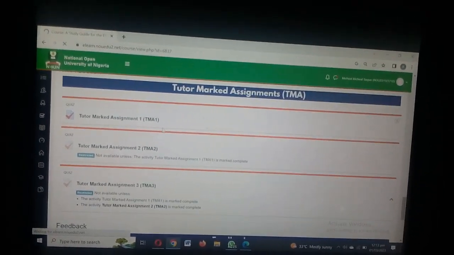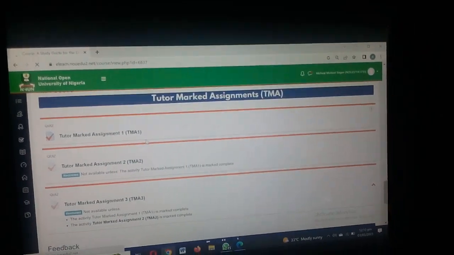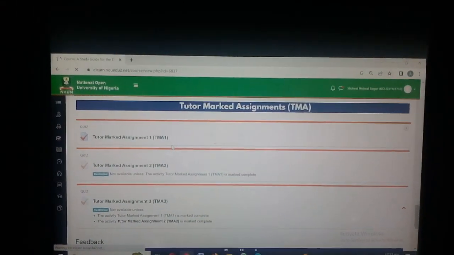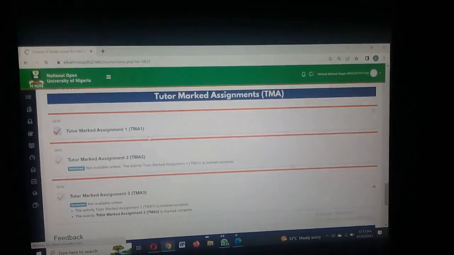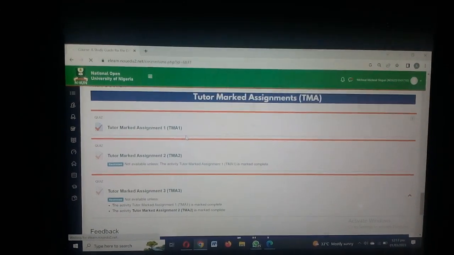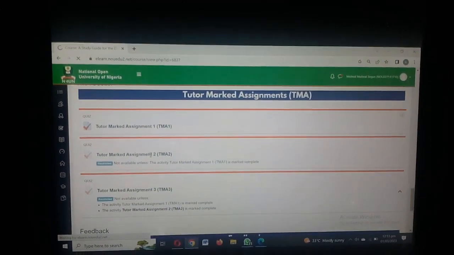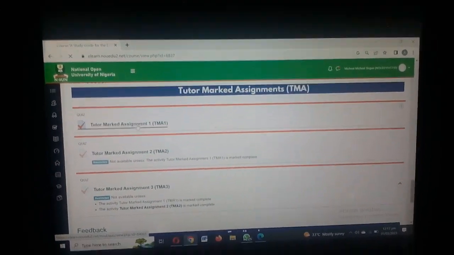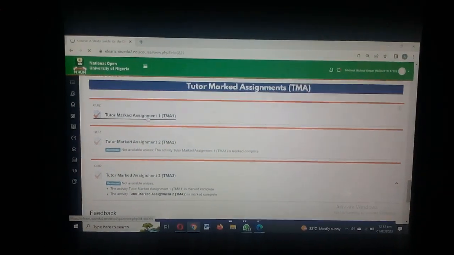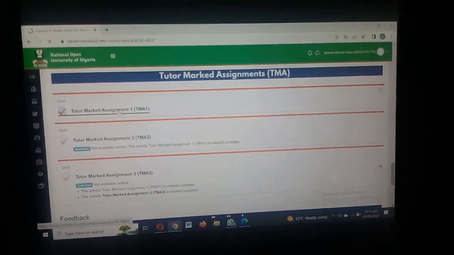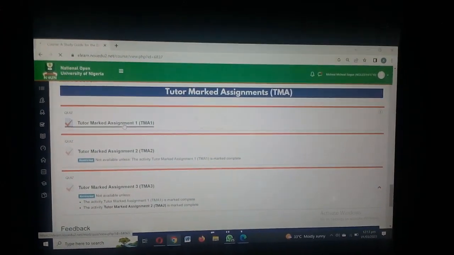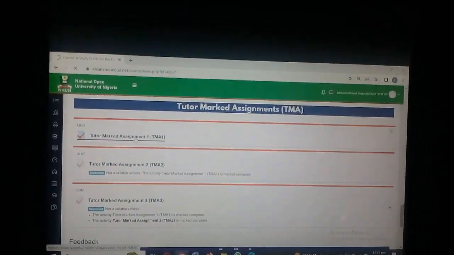it's going to take us to where your TMA will be done. But right now, TMA has not started. TMA is to start in 3 days time. If we click on it now, there won't be any question there, but let's try it. Okay, it's loading. It's going to take us to the TMA page where you can attempt your TMA. And note that